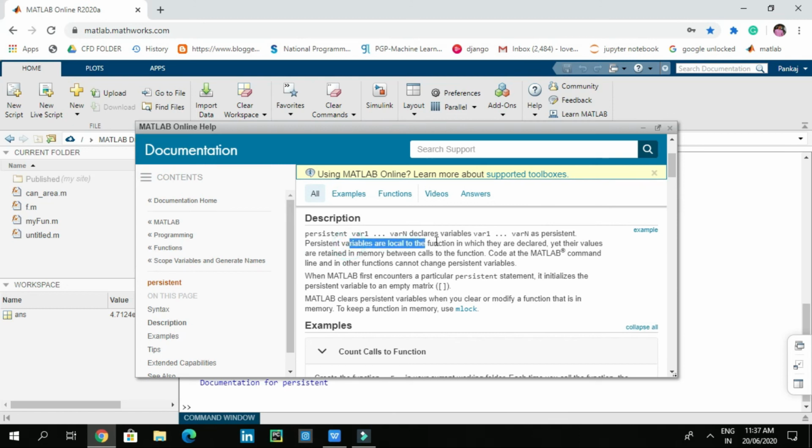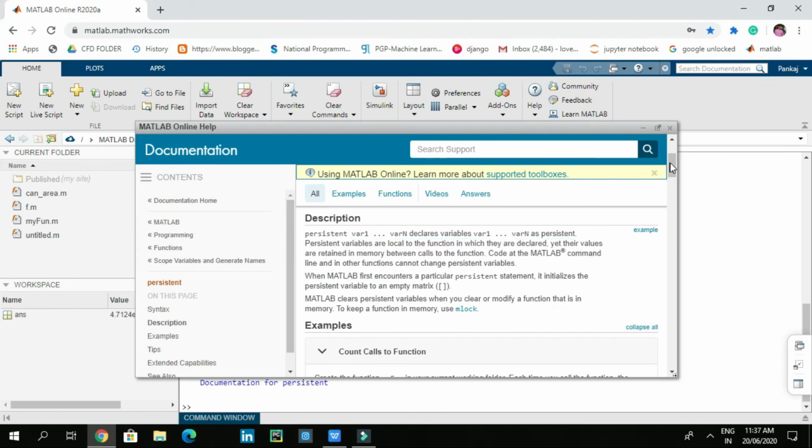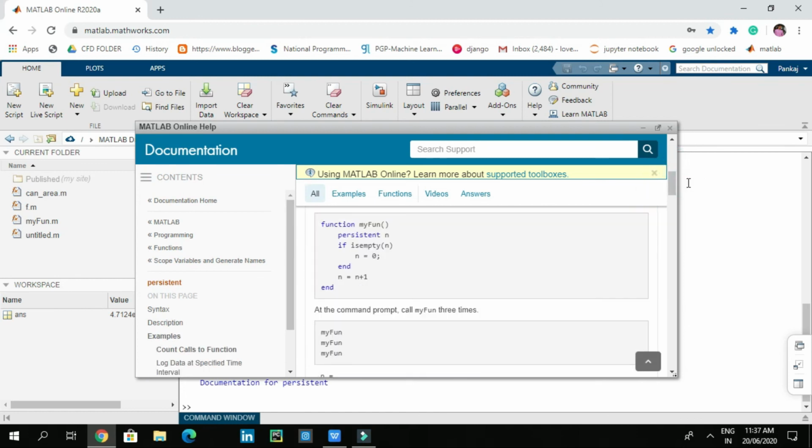Persistent variables are local to the function in which they are declared, yet their values are retained in memory from call to call of a function. Here they give an example of a function which is saved as myfunction. You can use persistent for making a variable a persistent variable. Here they used an if statement. Don't worry about it, we are going to work on if statements in our next videos. Here they use the isempty function, isempty n.